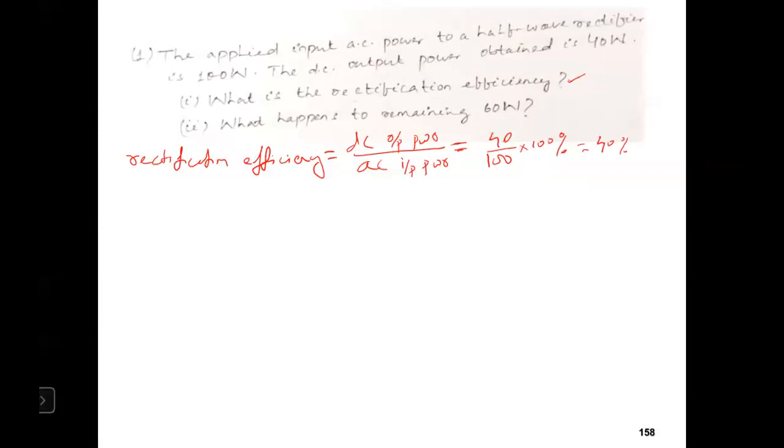Basically, the 40% efficiency of this rectification does not mean that 60% of the power is lost in this rectifier circuit. Actually, a diode consumes little power due to its small internal resistance. डायोड में इंटरनल रेजिस्टेंस बहुत कम होता है, तो उसके लिए बहुत कम कंज्यूम होता है. तो ये तो ऐसा नहीं होगा कि 100 वाट दे दिया इनपुट में, लेकिन आउटपुट में आ गया 60 वाट, ऐसा तो नहीं है ना.